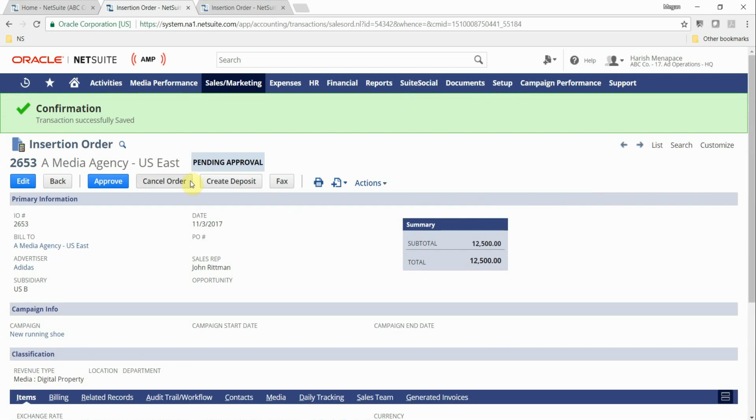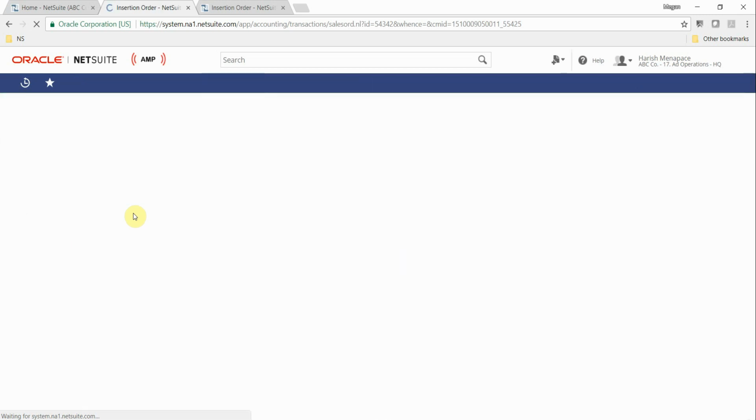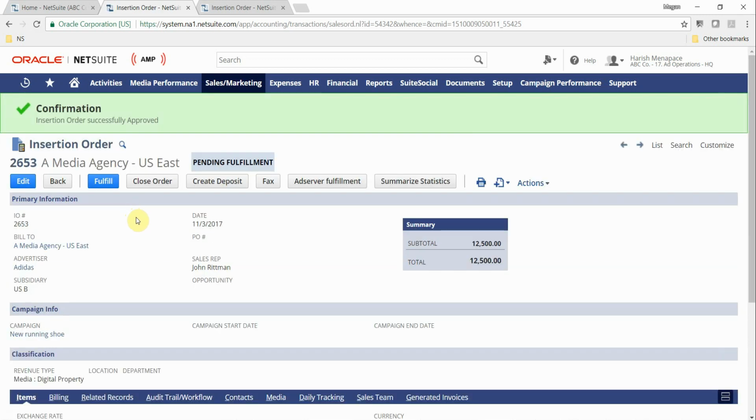And then if you did have some type of approval workflow for internal controls, whether that be multiple tiers or multiple levels that you have to go through, you certainly can go ahead and define those and create a workflow to go through that approval structure. For purposes of this demonstration, I'm just going to automatically approve this insertion order. So by hitting this approval, we're assuming the insertion order has been approved, and then what happens is this information and data